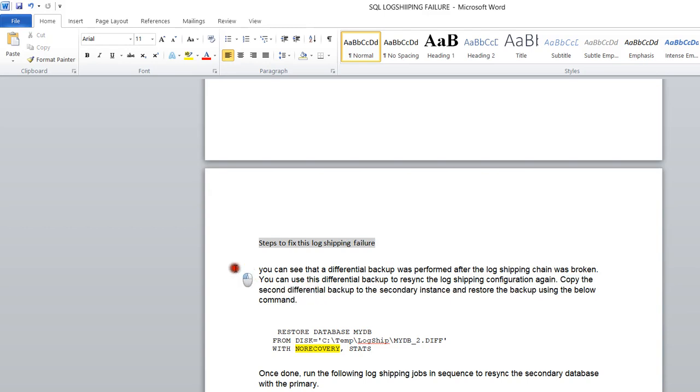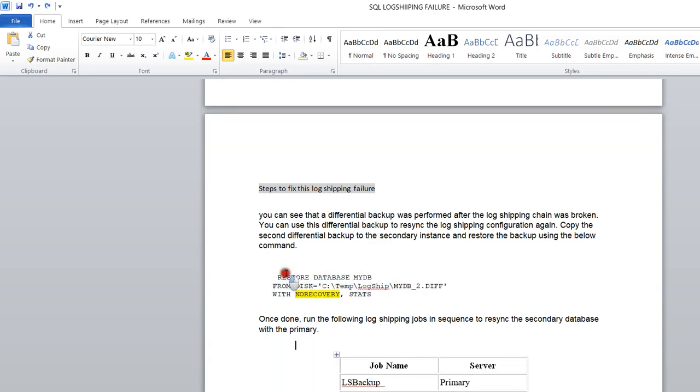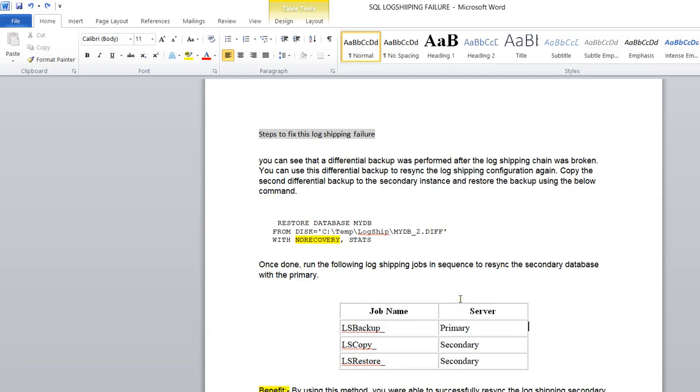Use this restore command with NORECOVERY, copy that backup to the secondary and restore that differential, and then start these three jobs sequentially.